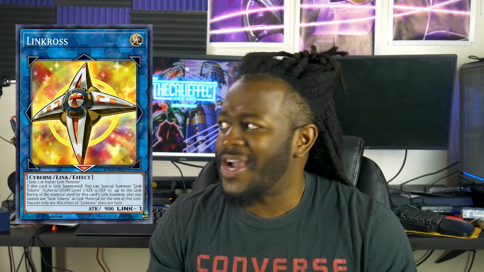Now immediately, you guys are like, what am I gonna do with all of these tokens on my side of the field, and I have to give up a higher Link monster? But then you start to realize that those token monsters can still be used for a synchro, a tribute, and for other card effects. Link Cross has been one of the most devastating cards in the